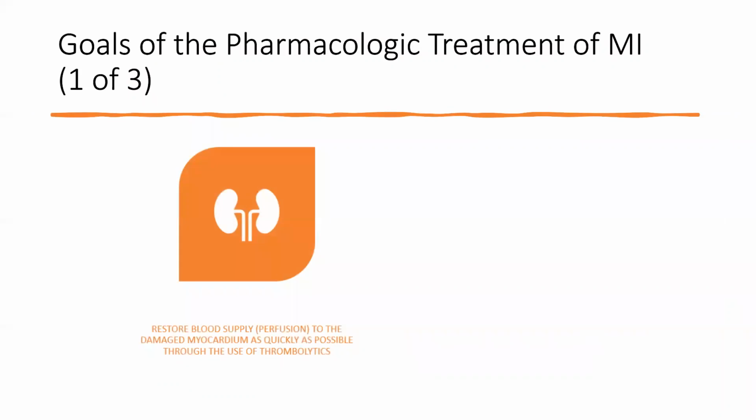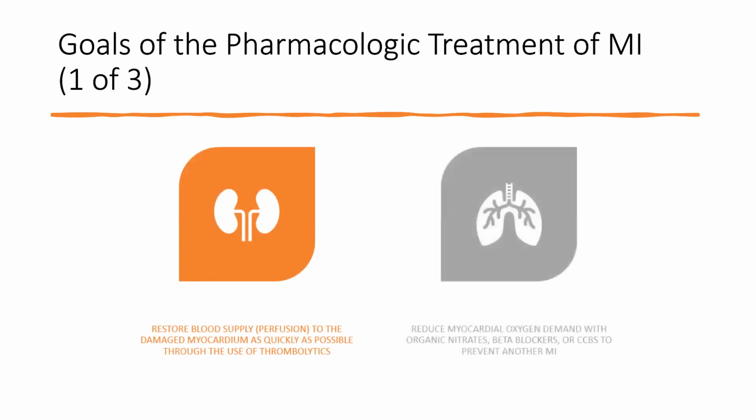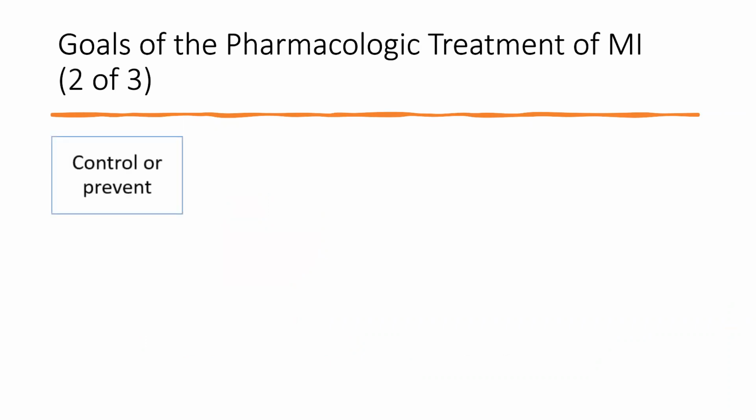It includes restoring the blood supply perfusion to the damaged myocardium as quickly as possible through the use of thrombolytics. They reduce the myocardial oxygen demand with organic nitrates, beta blockers, or CCBs to prevent another myocardial infarction. Then